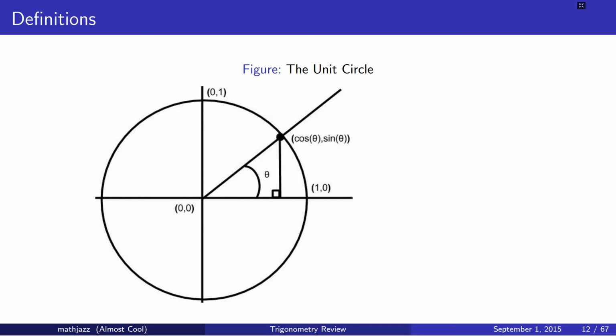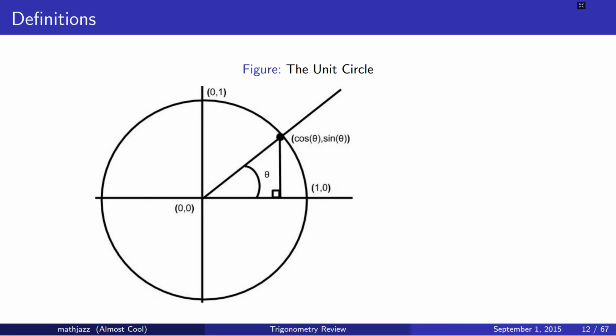And I've drawn a ray that goes from the origin through that point. That point has an x and a y coordinate. We're going to call the x coordinate cosine and the y coordinate sine of theta. Now, this might seem different from how you defined these ratios in a trigonometry class or an earlier calculus class, but this comes out to be equivalent to the alternate